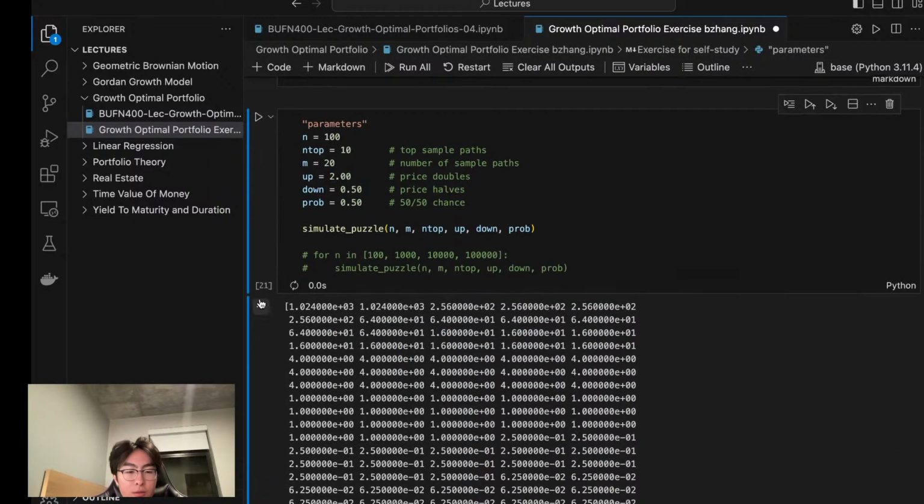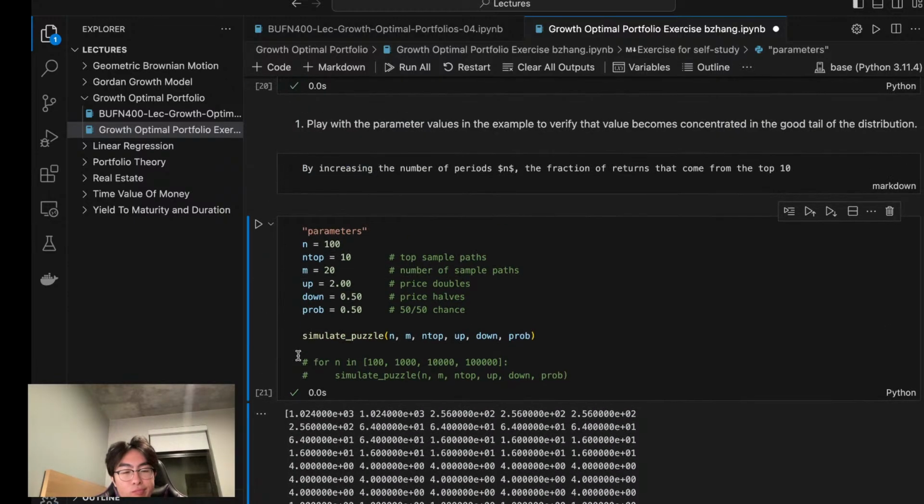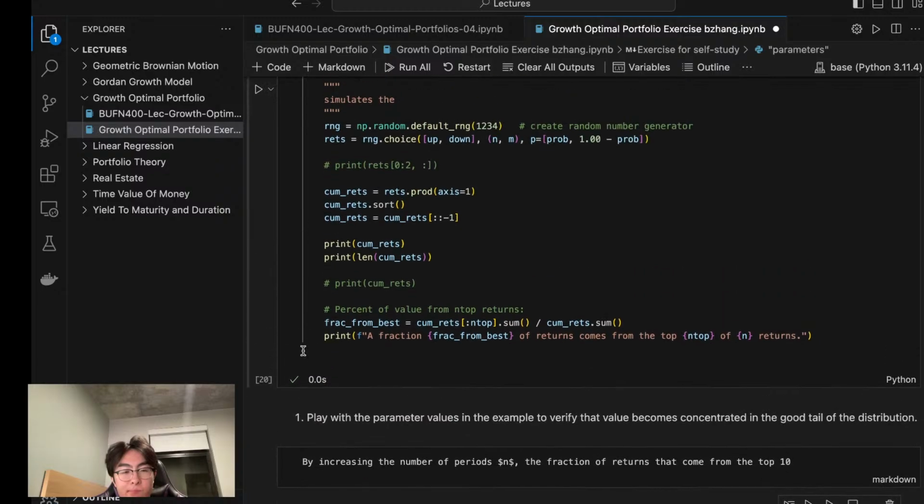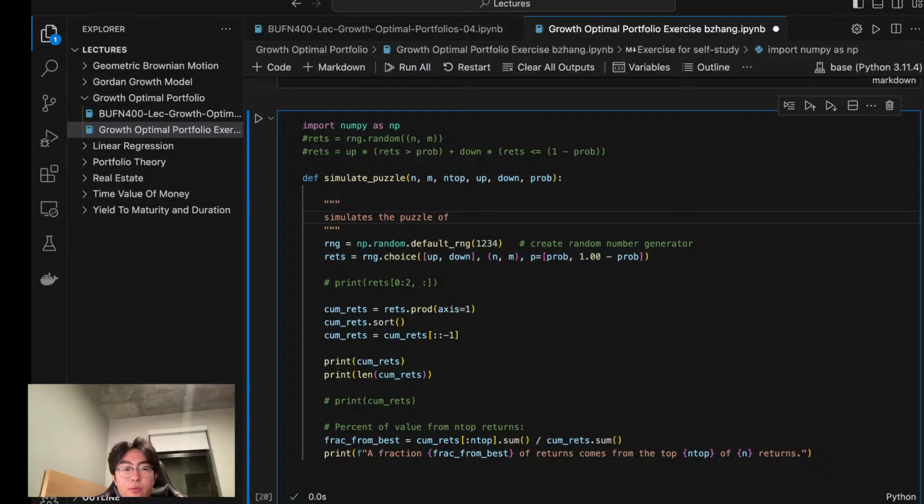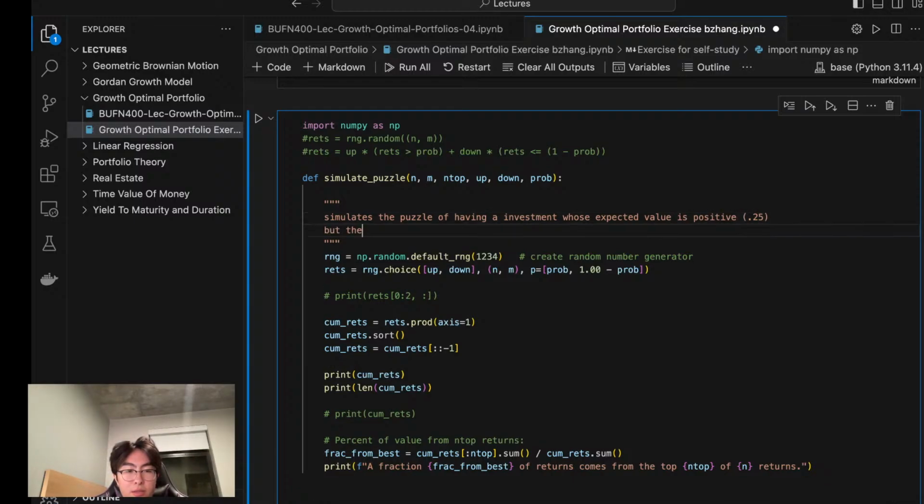Returns. Okay, so this is doing its puzzle of returns. It simulates the puzzle of having an investment whose expected value is positive 0.25, but the median value is 0. So returns